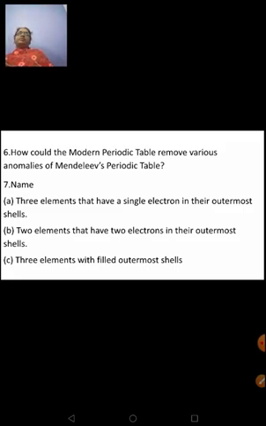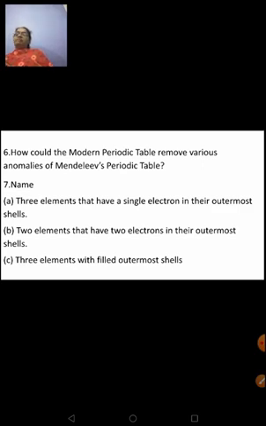And then isotopes. Isotopes are not given separate places in the modern periodic table, not necessary, because the elements are arranged in the increasing order of their atomic numbers. Isotopes are atoms of elements having the same atomic number but different atomic mass number. In that case, they need not be given a separate position. Then the anomaly regarding cobalt and nickel: when arranged according to their atomic mass, the places were not given properly. But in the increasing order of their atomic number, cobalt has atomic number 27 and nickel has atomic number 28. So in that case, they were given the proper position. These reasons you can write.